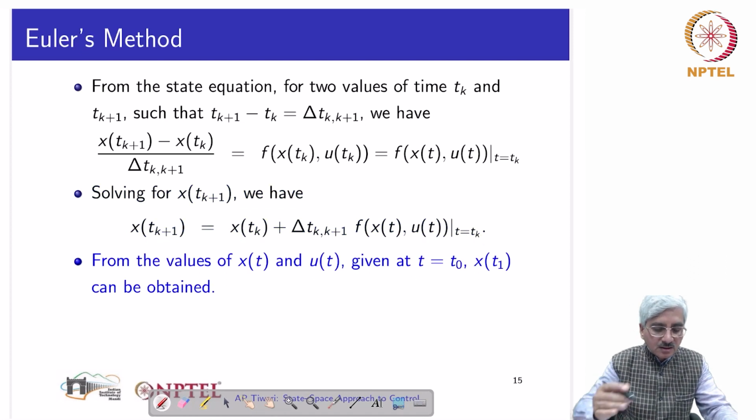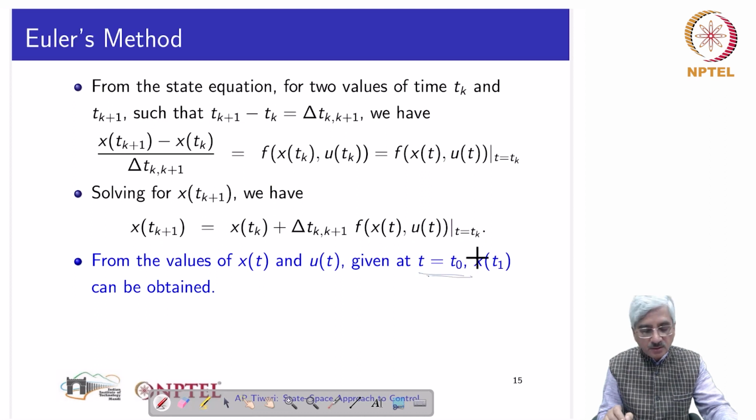From this we can see that because we are given at t0 the value of x as x t0 and the value of u is given, by substituting the values of x t0 and u t0, we can evaluate f, multiply that by delta t,